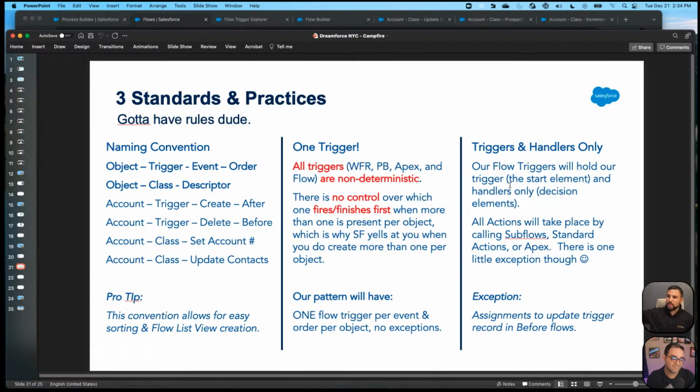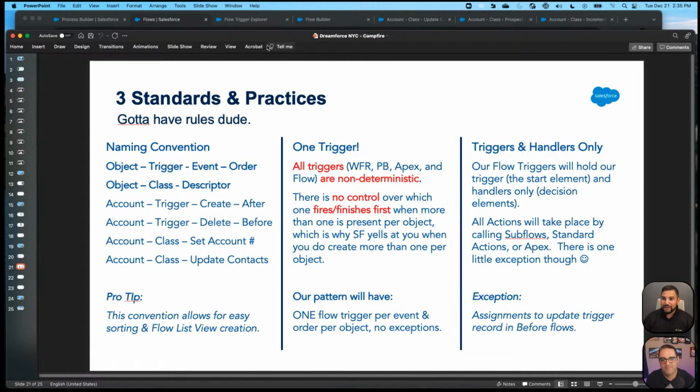And imagine what that would look like in Flow if all the actions were in there. It would be insane. You would not be able to follow it. By keeping this pattern and this structure and only calling subflows and actions, you will be able to follow along and see exactly what's happening. You'll also have a single place to go for all automation that's triggered from one object. You'll go, oh, I know exactly where to look.